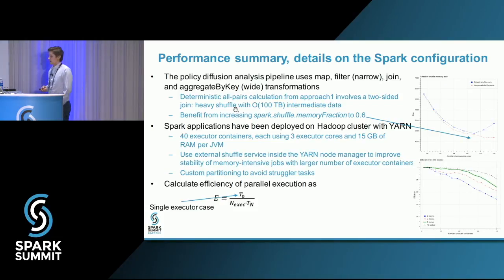So some tweaks were applied to the shuffle, and I use external shuffle service in Yarn. Since this involves multiple joins, this is obviously a shuffle-intensive task. There's also some tweaks one can do by creating a custom partitioner for your application and making it available for the join. I increased one of the key configuration parameters for Spark that I would identify, the Spark shuffle memory fraction, which has been increased to 0.6, and it actually was